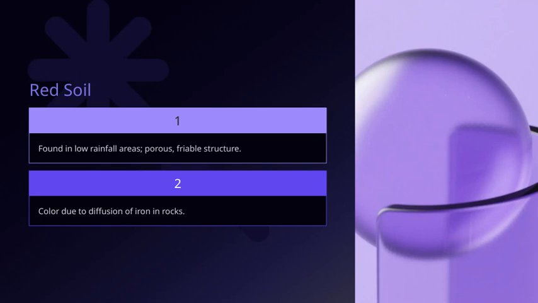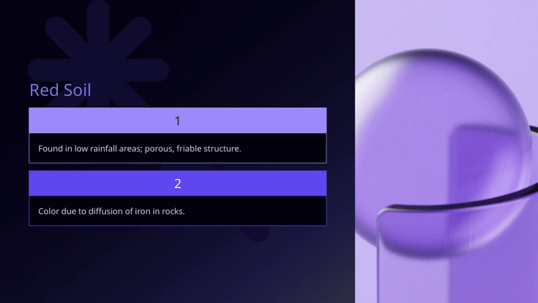Today, I want to talk about red soil and what gives it its distinctive color. The red hue is primarily due to the diffusion of iron within the rocks, which reacts with oxygen to form iron oxides, giving the soil its characteristic red appearance. You'll often find this type of soil in areas with low rainfall because the limited moisture helps preserve the iron